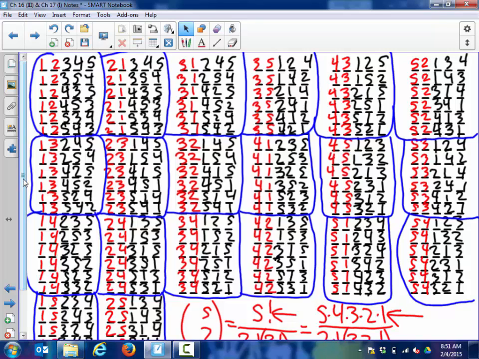Well, if I just want to know, and this is why some of these numbers are highlighted in red, which 2 positions, or which 2 of my 5 flips of the coin, are heads, I don't really care about the numbers in black. I just want the first 2 numbers. I want to know, okay, well, my heads could occur as first and second, my heads could occur as first and third, etc., etc. So whereas 5 factorial gives us all the 120 different orderings of numbers 1 through 5,